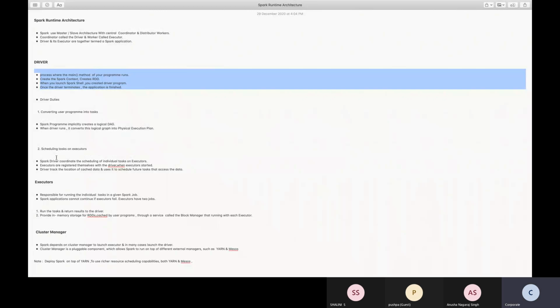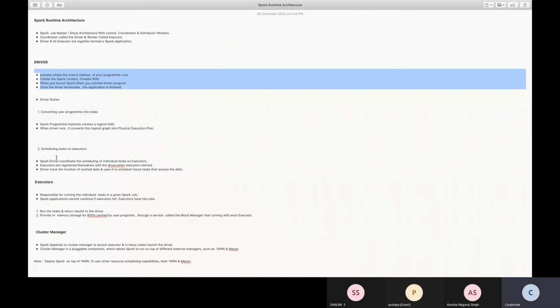Okay, so what is the driver? It processes the main method of your program. It creates a Spark context and it creates an RDD as well. When you launch Spark Shell, as I've just shown you, it creates a driver program there itself. Once the driver is terminated, the job will also get terminated.